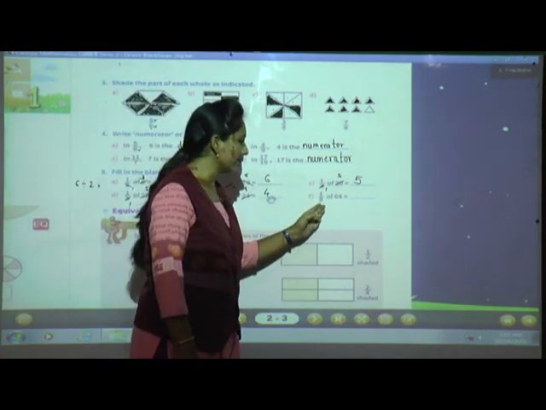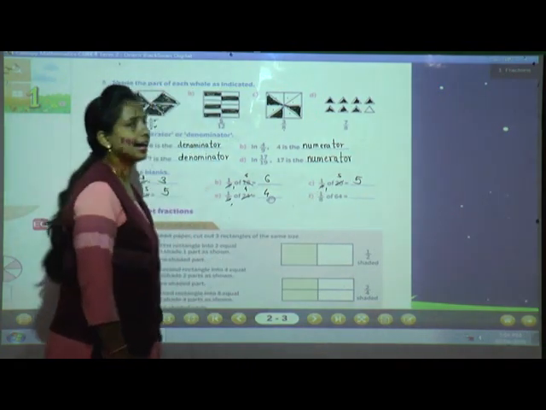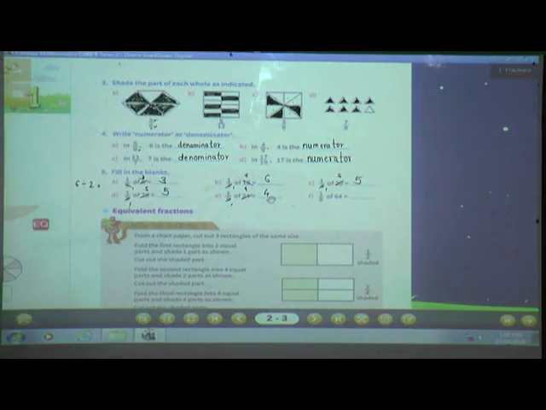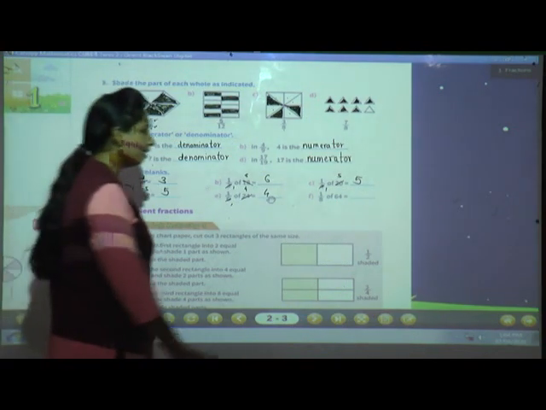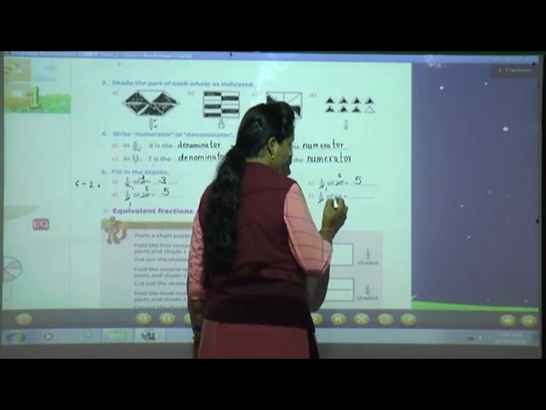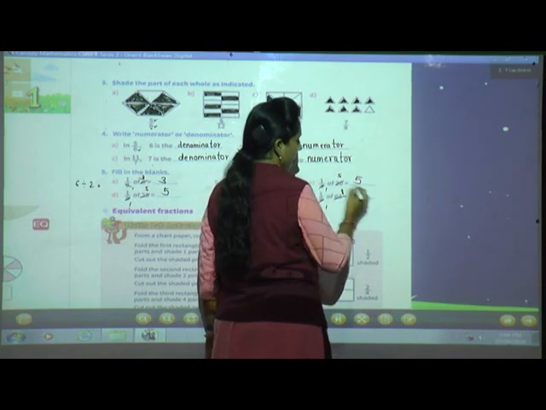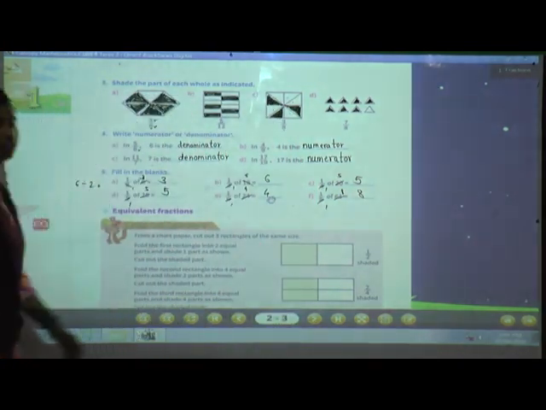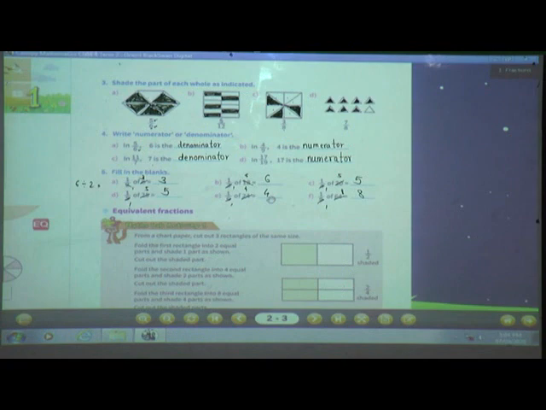Now 1 divided by 8 of 64. Now tell me what is the answer. Now say 8 table, where is 64? Yes. 8 8s are 64. The answer is 8. Clear till here? Understood everyone? Yes, very good.